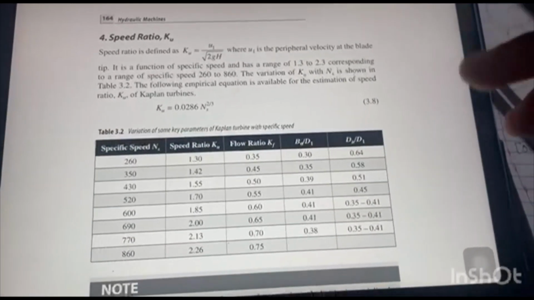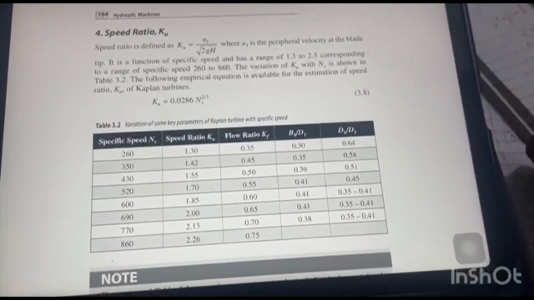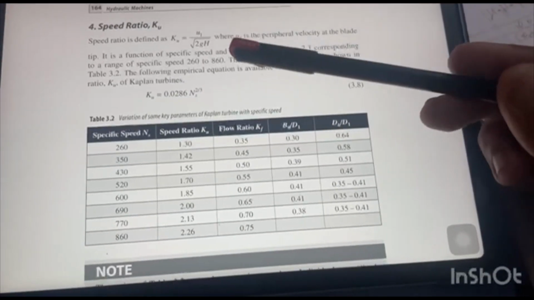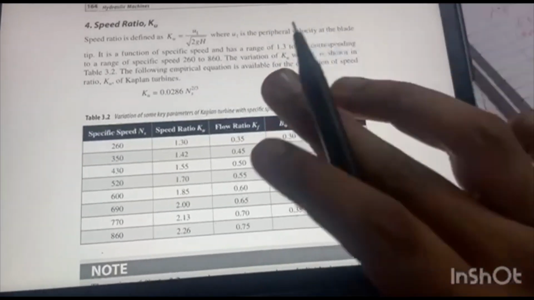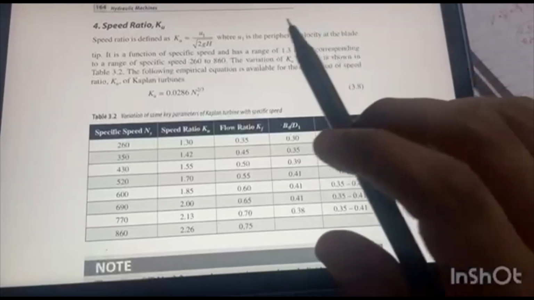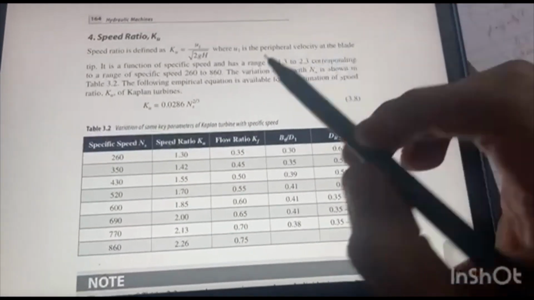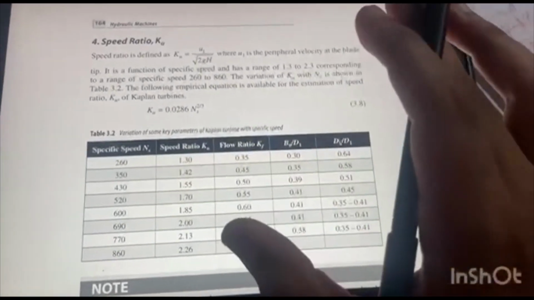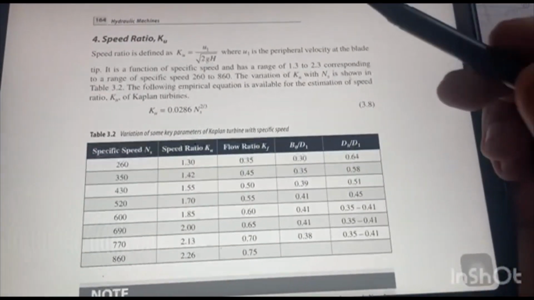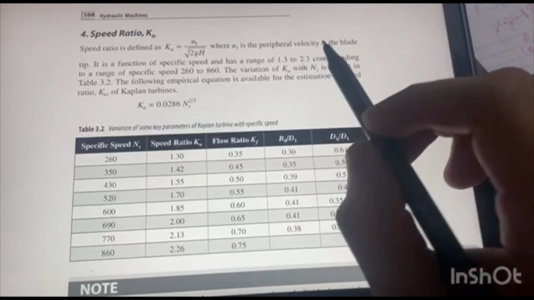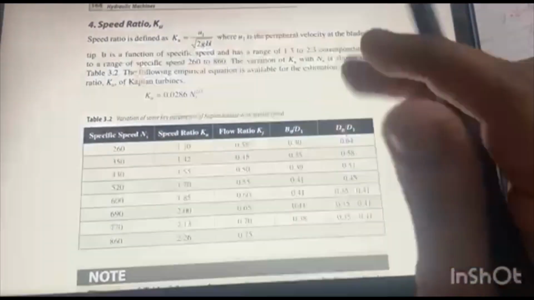ओके, ठीक है। इसमें स्पेसिफिक स्पीड होती है 260 टू 860, और इसकी रेंज हमेशा याद रखना, क्योंकि इससे क्वेश्चन सॉल्विंग में इजी हो जाएगा कि अगर हमारा कुछ गलत भी आ रहा है क्वेश्चंस में, तो हमें पता है कि इसकी रेंज यहाँ से यहाँ तक ही होती है, तो हम इसको ठीक कर सकेंगे क्वेश्चन में। इसकी रेंज होती है 1.3 टू 2.3, इससे ना ज्यादा होगी ना इससे कम होगी, इसकी रेंज के रेशो में ही होगी।